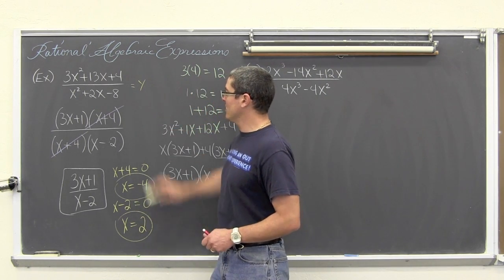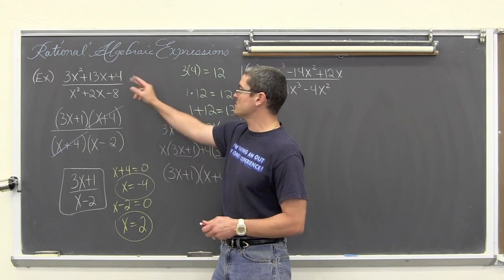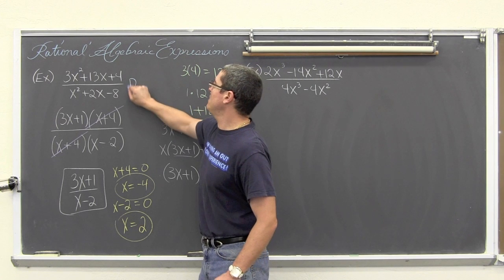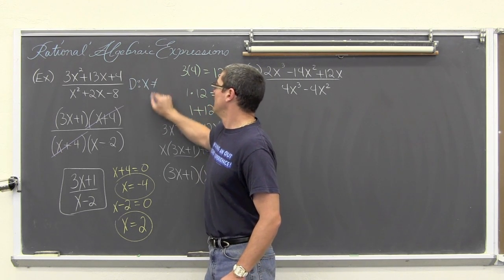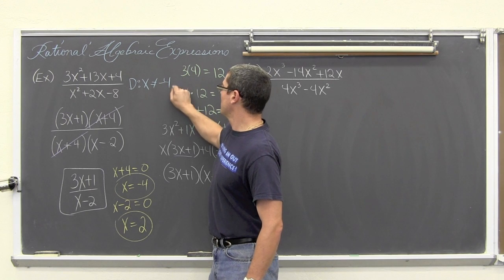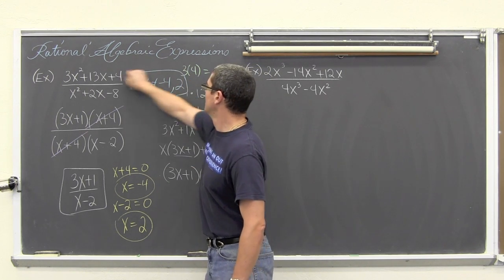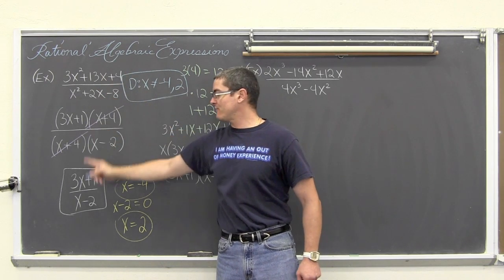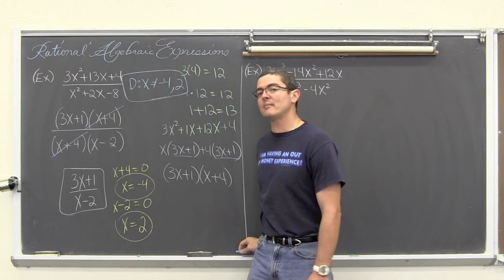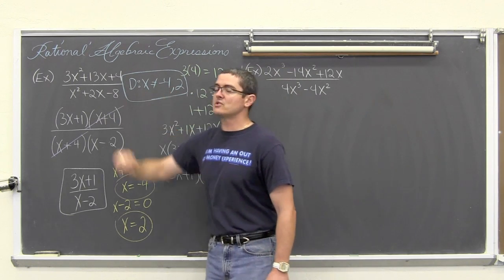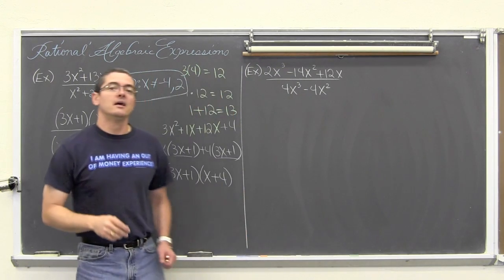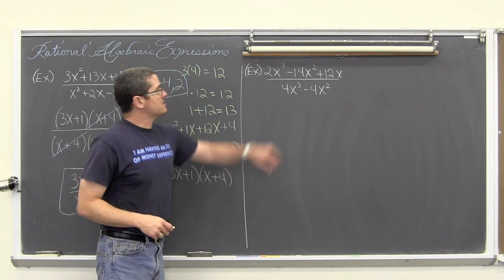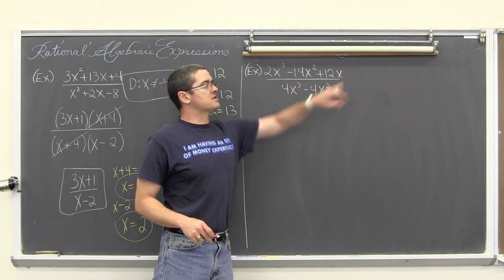So this original expression, let me take the equal sign out of there, has a domain where x cannot be equal to the value of negative 4 and 2. So we have this rational algebraic expression. I've shown you how to factor and cancel, and I've also talked to you a little bit about domain. If these values of negative 4 and 2 are plugged in here, you're going to divide by 0, and that makes the fraction undefined. Next example, we have 12x cubed minus 14x plus 12x.